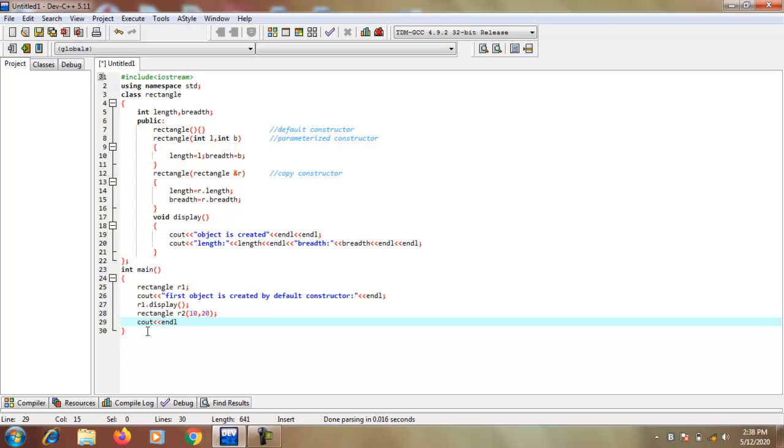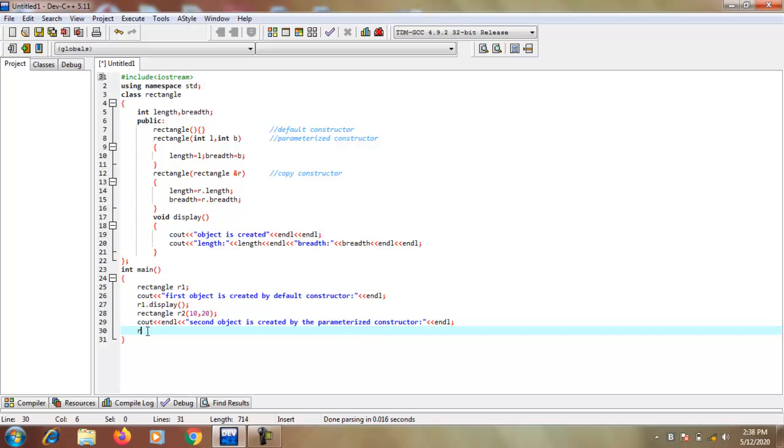First I use endl and then I write: second object is created by the parameterized constructor. Then I use endl for display purposes.